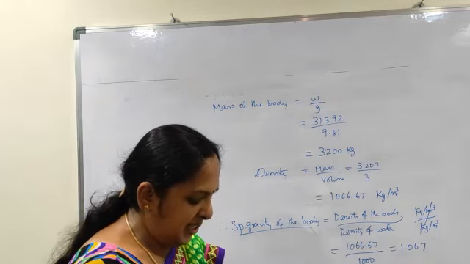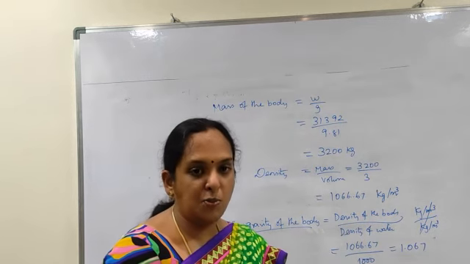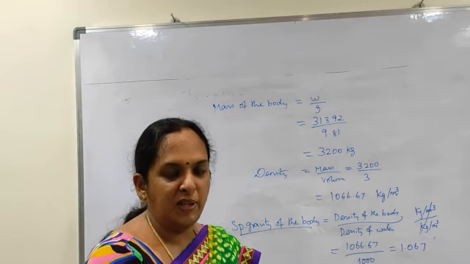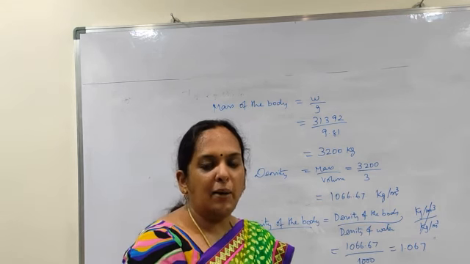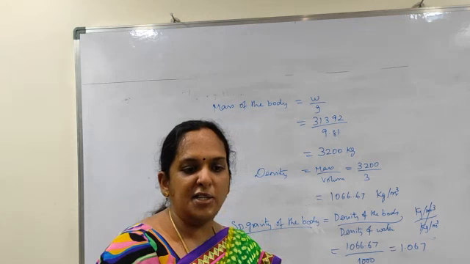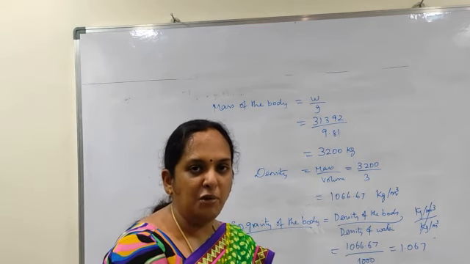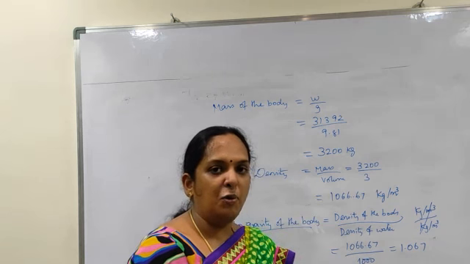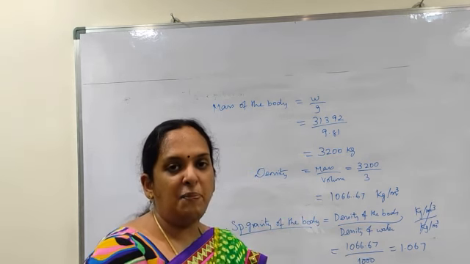Okay. So this is the difference between the previous problems and this problem. We have seen totally 3 problems with respect to buoyancy. In one we found the density of the body, in another we found the specific gravity of the body, and in the first one we found the buoyancy, the center of buoyancy location.